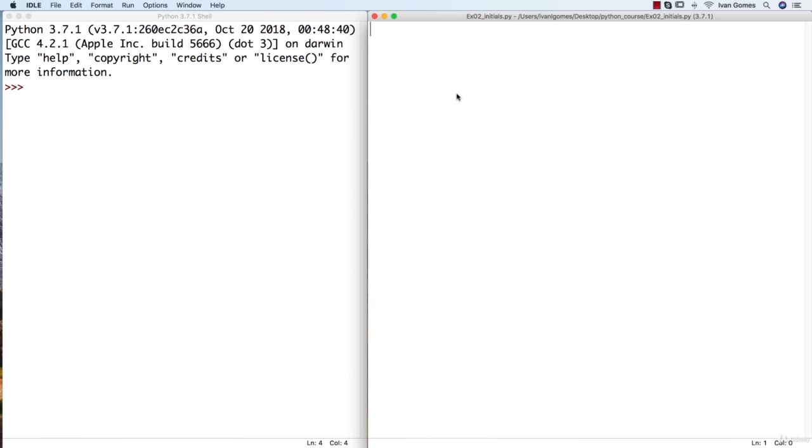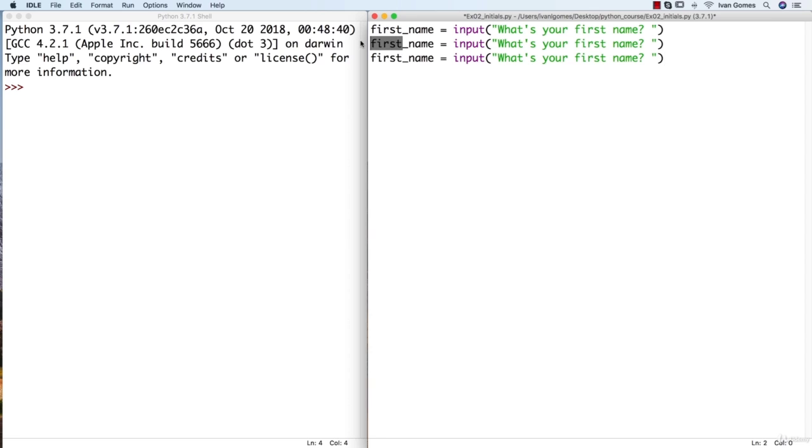So let's start with number 1. I already created a new program called ex02 initials.py. So here we're going to have to ask for 3 inputs. So let's create a variable called first name. Now let's use the input function and let's ask what's your first name. Now let's copy this 2 times more. So middle name, last name,